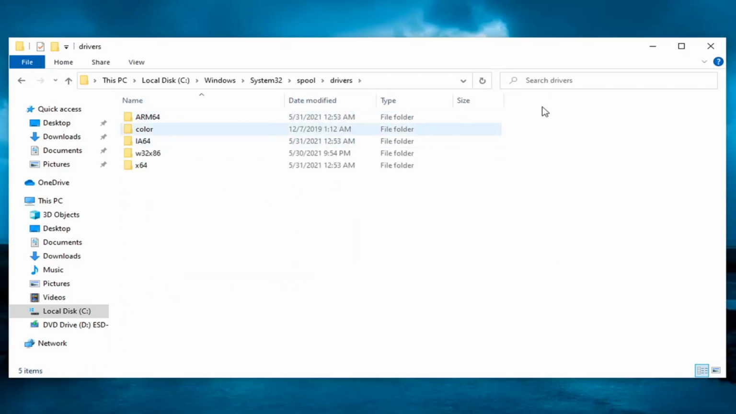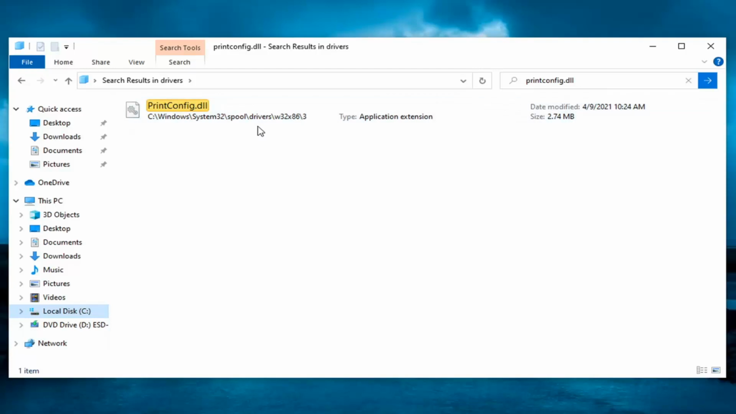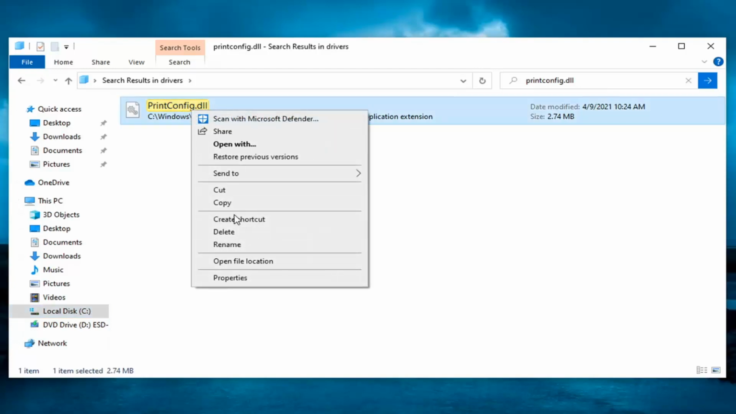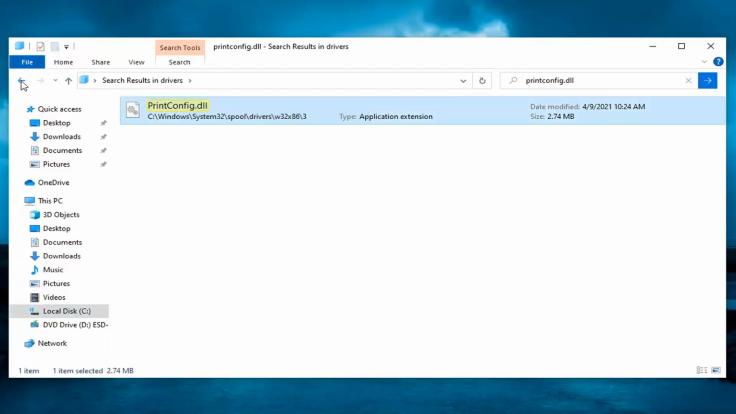So while you're in the drivers folder here, go ahead and search drivers up at the top search bar here and type in printconfig.dll and search for that. You want to go ahead and right click on this and select copy, and now click the back arrow